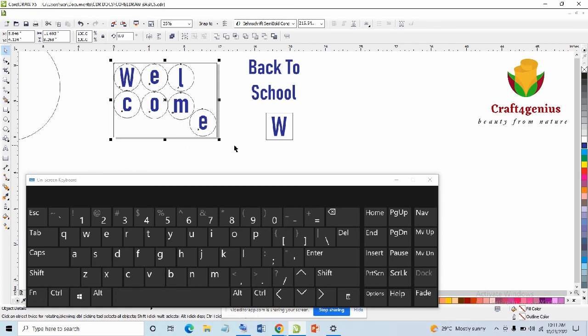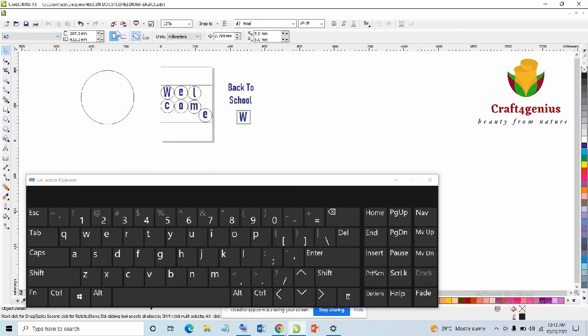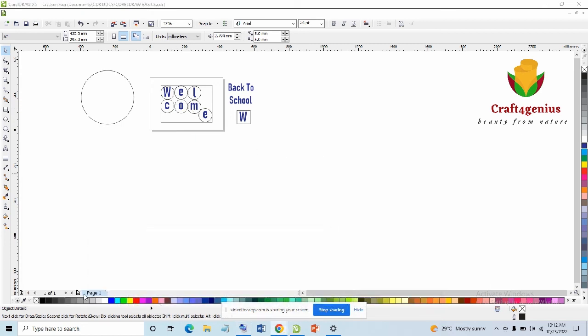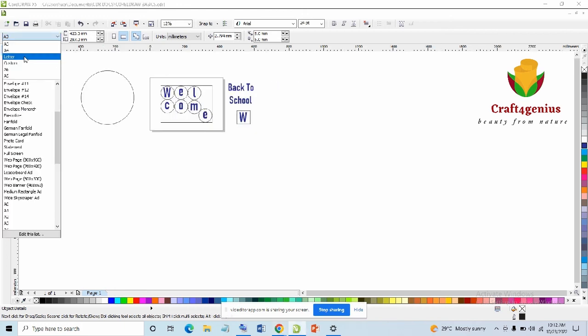Or if it does not fit here, you can change the background size to A3 size. If you use the A3 size in landscape, you can see it's bigger to be able to occupy all of it. And if it is less than that, you can create another page. You can duplicate this page, making 2 pages, and start creating your letters and print out. So after doing all this, let me take you back to A4